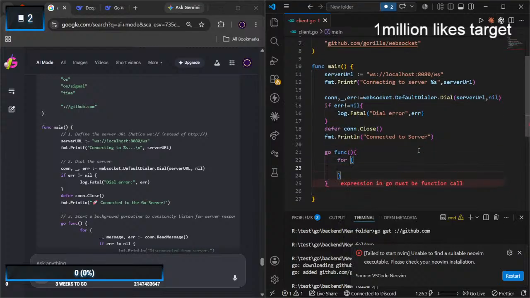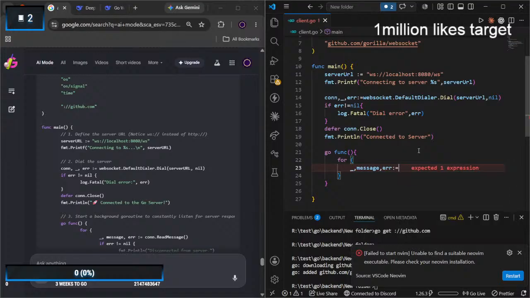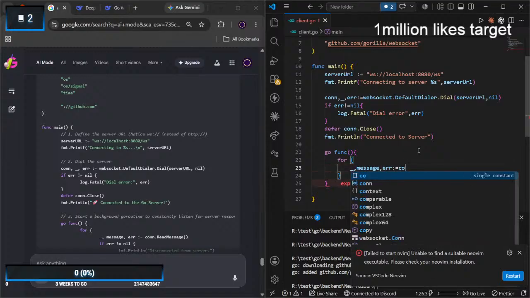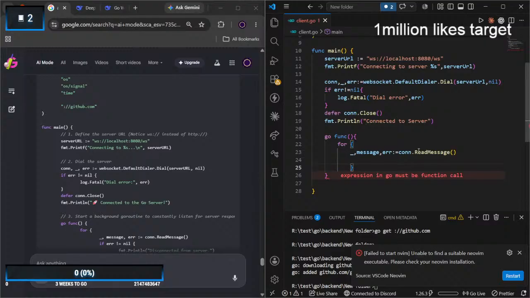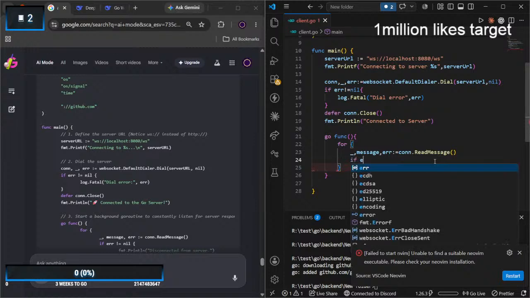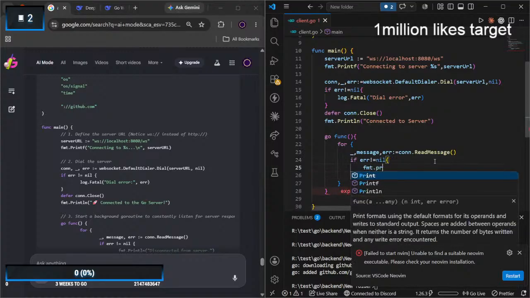Routine, infinite loop, message, error, con dot read message, like listen. If error not used, fmt.